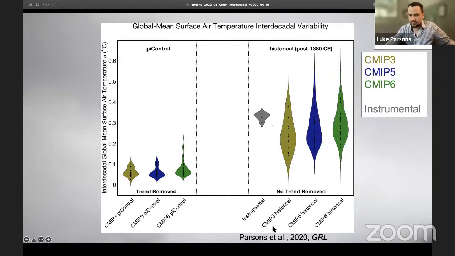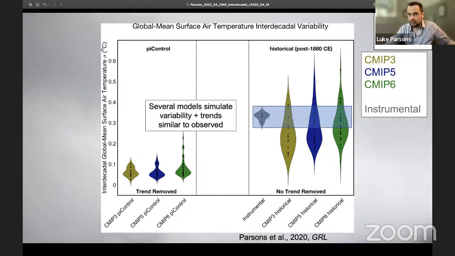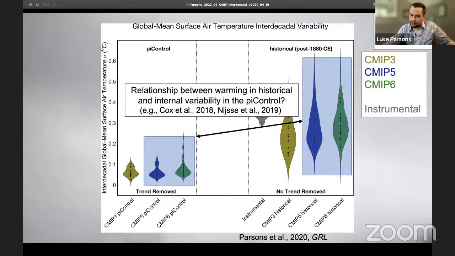So then let's look at the CMIP3 simulations, the CMIP5 and CMIP6. So now we've forced the climate models with greenhouse gas, aerosol, land use change, etc. So immediately you can say, well, several of these climate models really fall within the envelope of what we see from the instrumental data in the 20th century. But I wanted to know, is there a relationship, though, between how well the models perform in the historical runs and how well they perform in the control runs? Maybe we could use the instrumental data as some sort of constraint to constrain pre-instrumental climate variability.